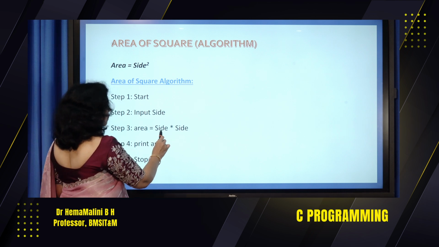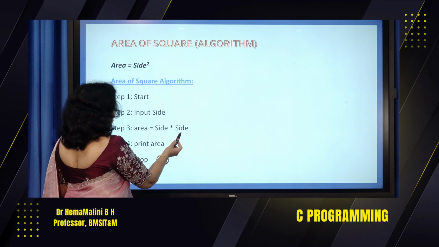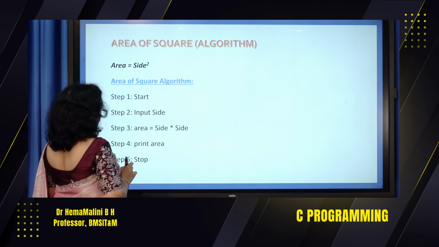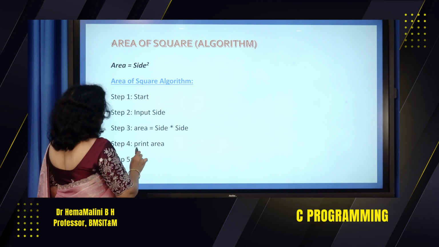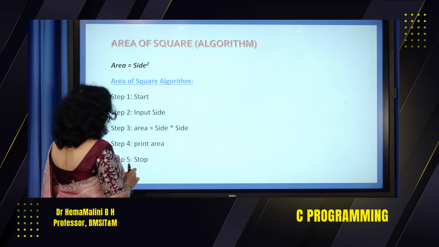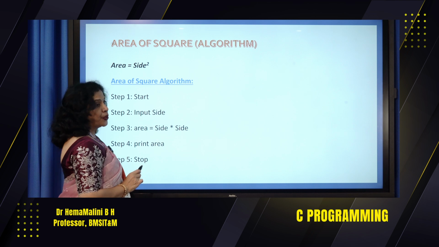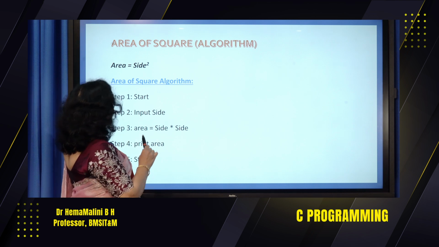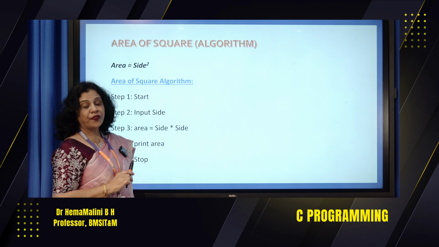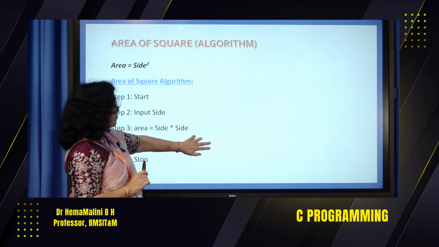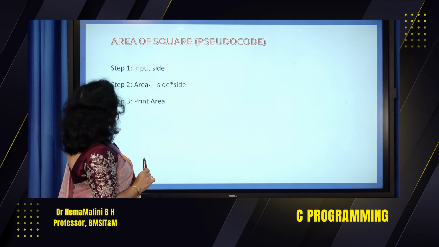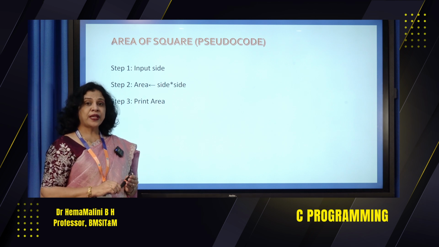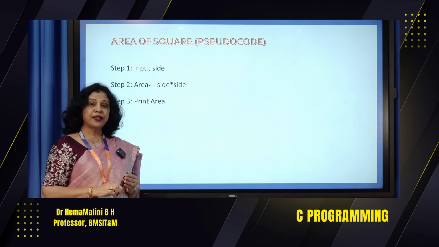After computing side into side, the result is stored in the variable area. Step 4, we are going to print area. Step 5, we are going to stop. So, these 5 steps are involved in finding the area of the square. This is the algorithm. Now, how do we write a pseudocode for the same question, that is finding the area